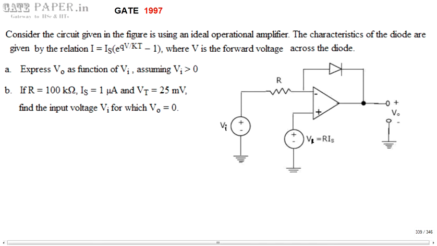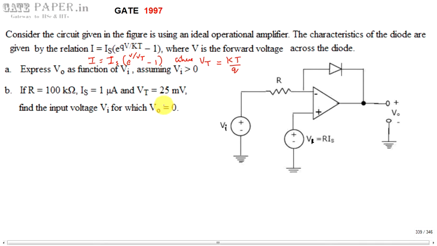Okay, the current and voltage relationship of the diode is given as I is equal to Is e power qV by kT. This can also be written as I is equal to Is times (e power V by Vt minus 1), where Vt is the volt equivalent of temperature, or thermal voltage, equal to kT by q. At room temperature it is 25 millivolts, or we can refer to it as 26 millivolts also.